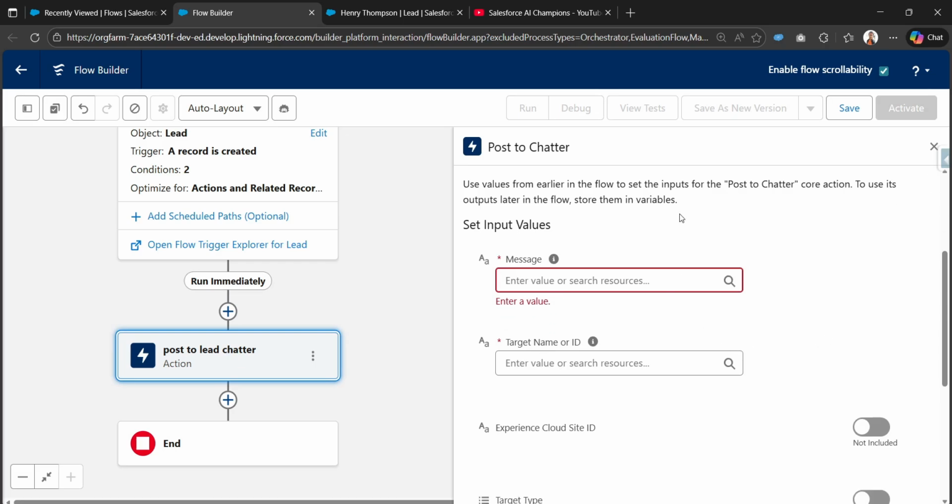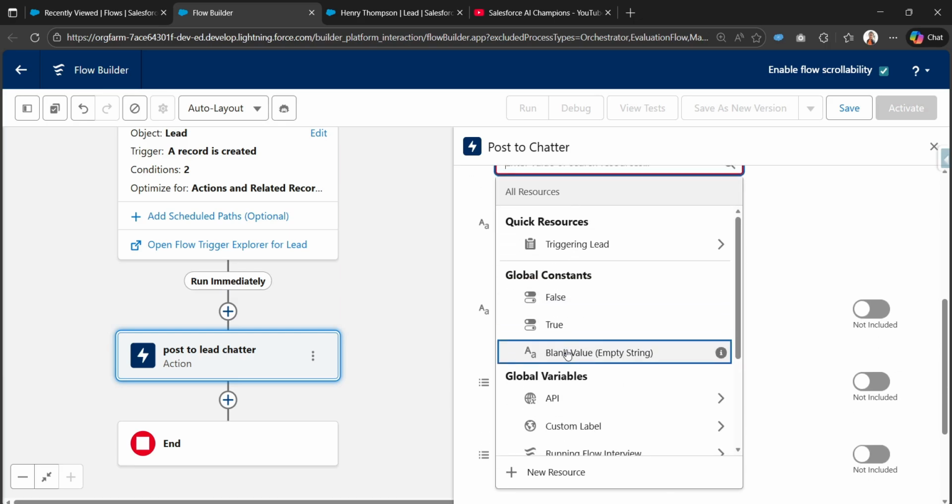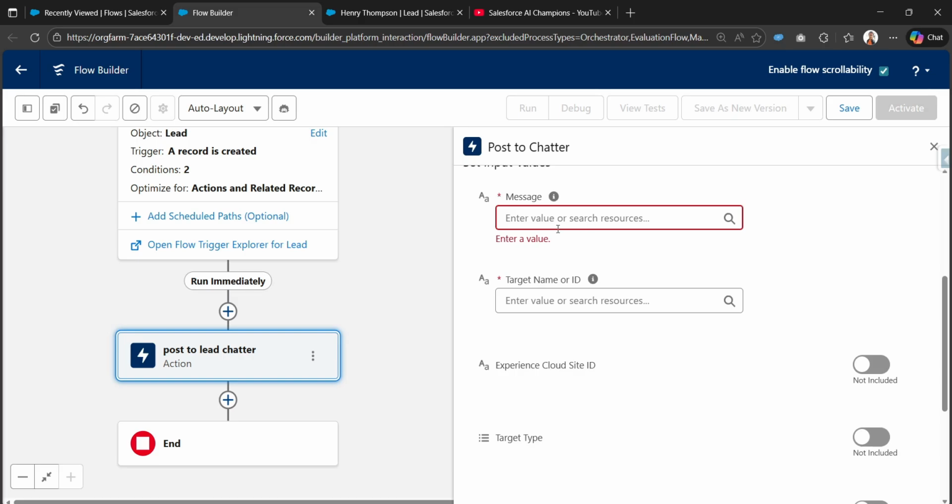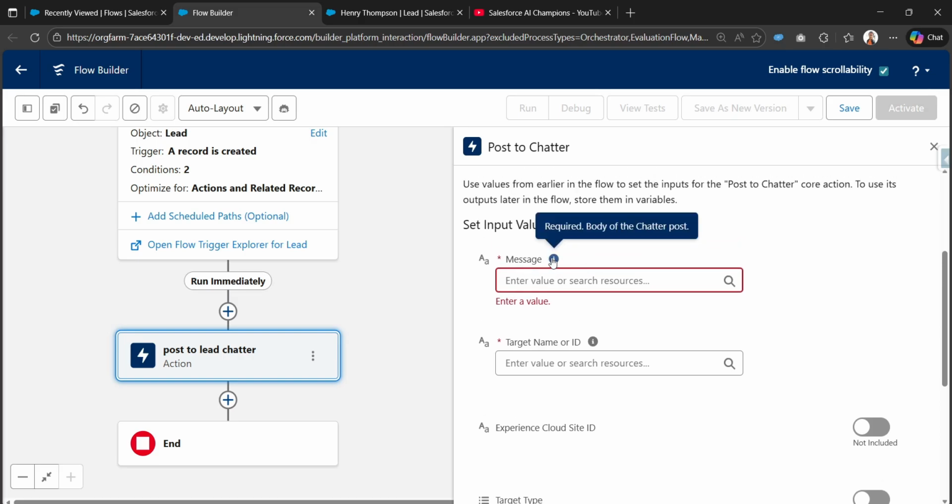So there are different configurations here. Let me tell you one by one. This is the message. In here we can define a text template and refer to the text template here. That should be the body of the Chatter post that we want to post. This can include static text or dynamic values from your flow variables, like record names and IDs. In some time, I'll create a text template and reference it in this